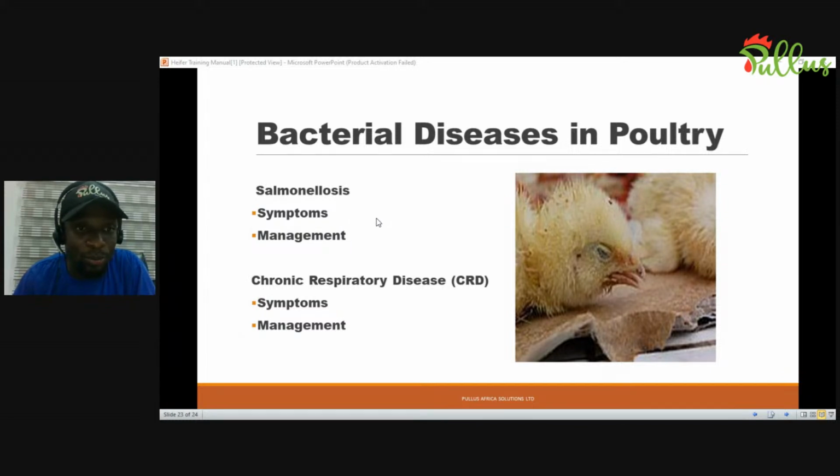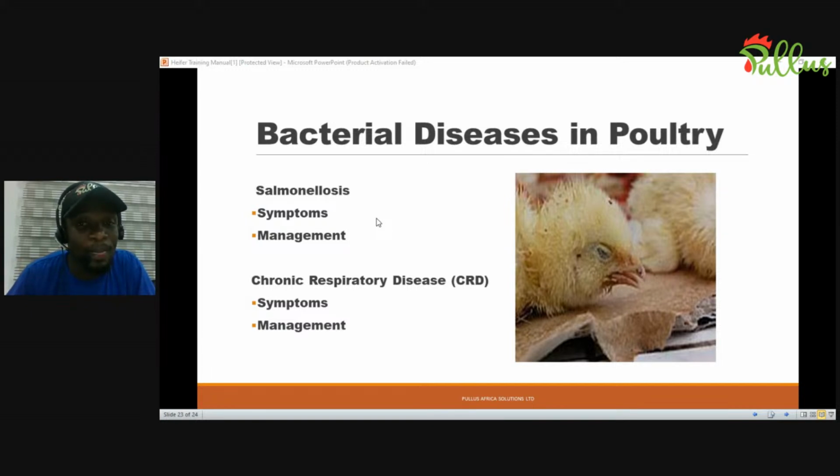You can also combine this with a multivitamin, which will also help them in boosting their immune system to help in fighting this problem. Also, in adult birds, part of the symptoms you see is whitish diarrhea. But what differentiates it from Gumboro, like I mentioned, is that this does not come with high mortality. So you see that in adult birds, big birds, they are passing whitish diarrhea at a certain point in time. You also see reduction in feeding.